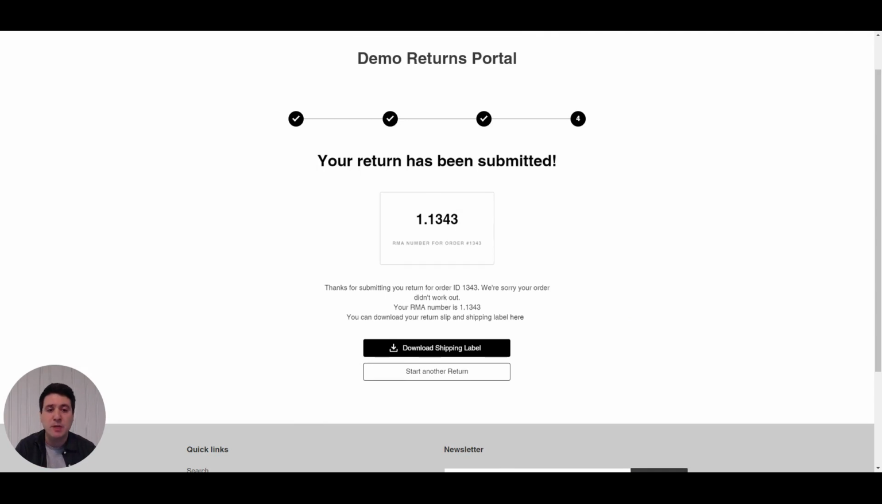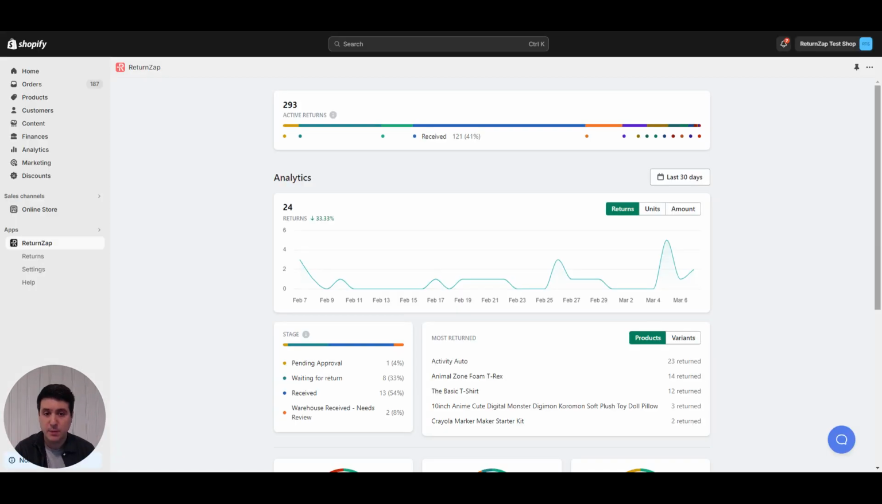So the customer won't immediately receive a return shipping label. So that's the customer-facing process. Notifications can be triggered in the background, and we'll now toggle over and look at the backend to see how we'll actually process the return once it's received back to you. Okay, I've now toggled over to the backend of ReturnZap, where we will go ahead and process the return,